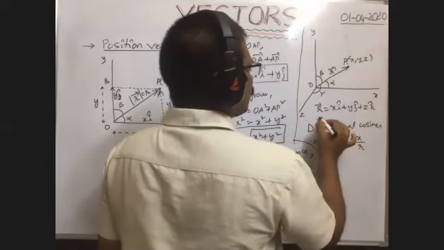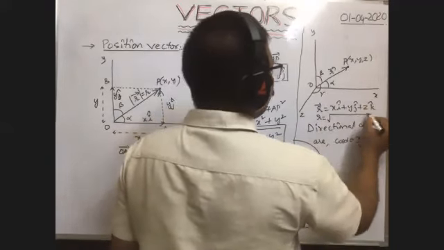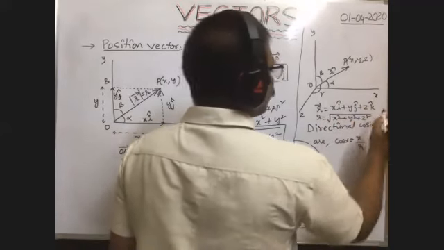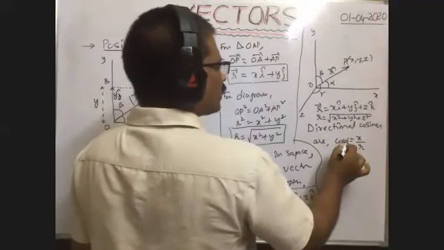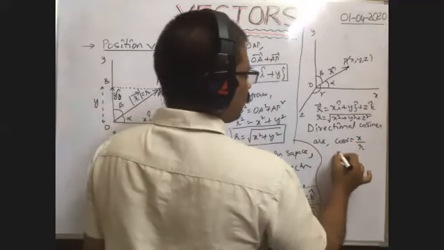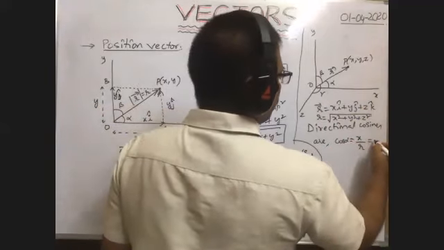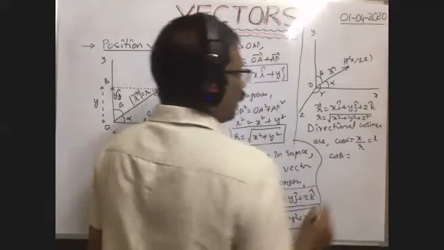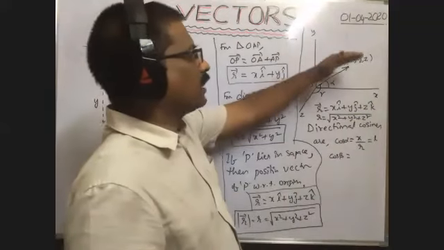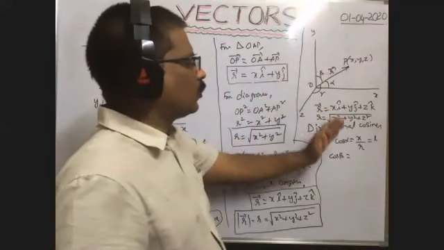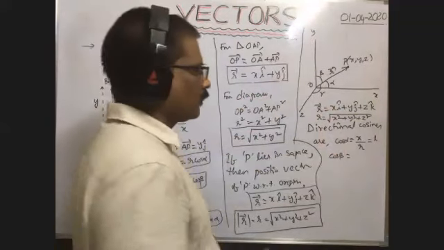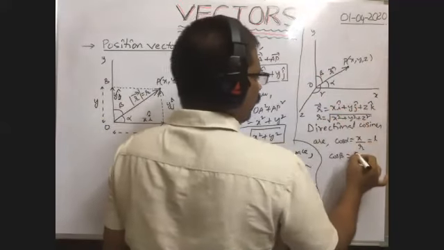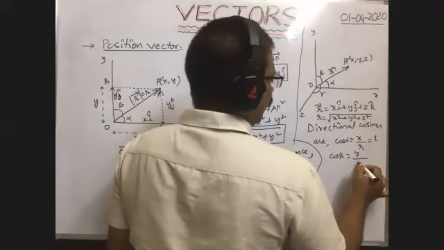What is the magnitude of that vector? r is equal to square root of x square plus y square plus z square, no? Therefore, cos alpha is equal to x by r. This is one directional cosine. Similarly, sometimes it may be represented with l also. Cos beta, that means cos of the angle made by this vector with the y-axis, is one more directional cosine, which is equal to the y component of this vector, that is y by r.